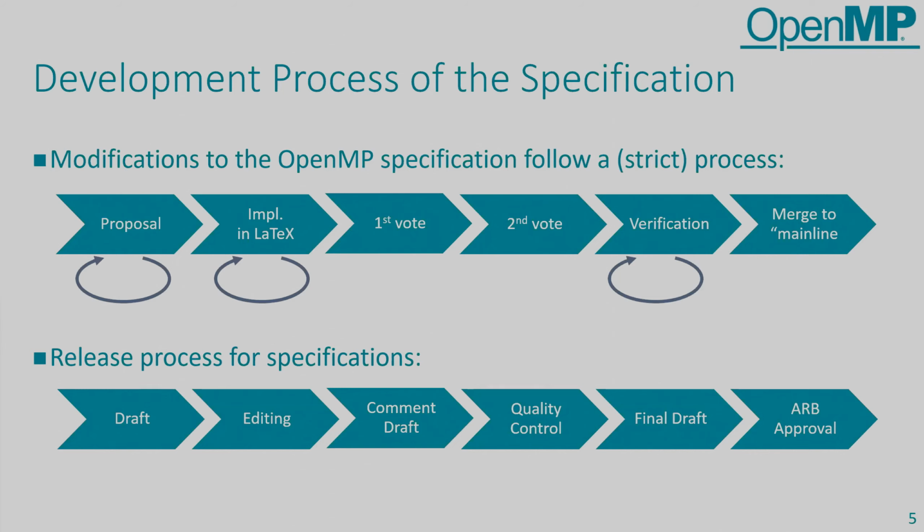Hopefully we catch those in the verification process of the individual proposals, but just to be sure nothing major is wrong with it, we go through this quality control process and have a final draft that is basically the end product